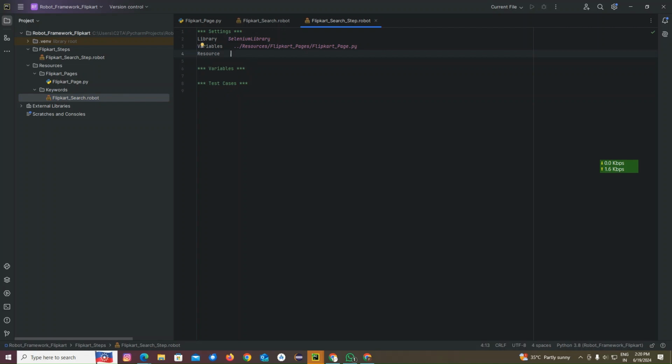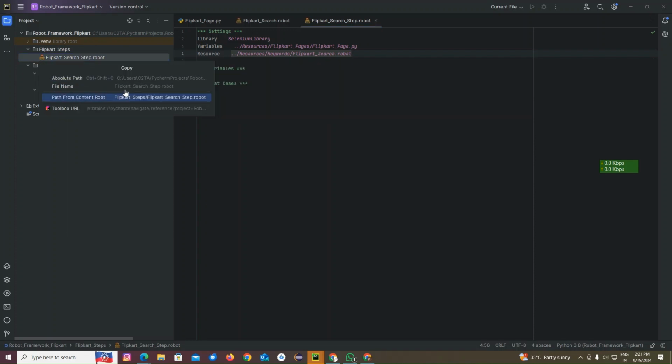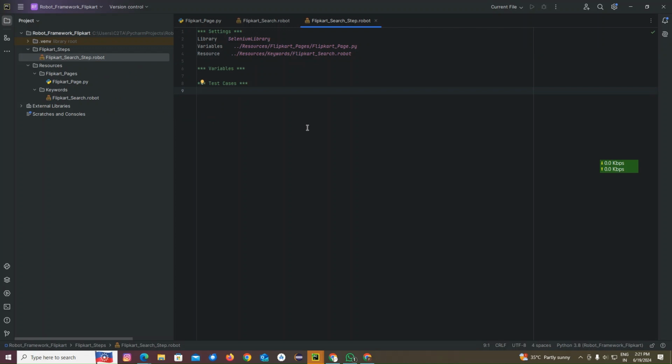Let me tell you how I created the path. Okay, we'll right click, copy path or reference, right. We need to tell which path the variables are stored in and which path the resource is stored in. I need to do it first, right. Copy the path where the resource and the variable are stored, that I located here. Okay, now let's go